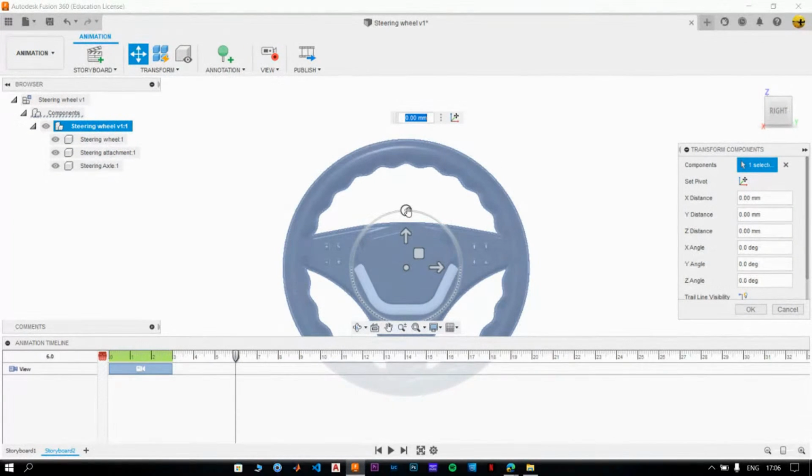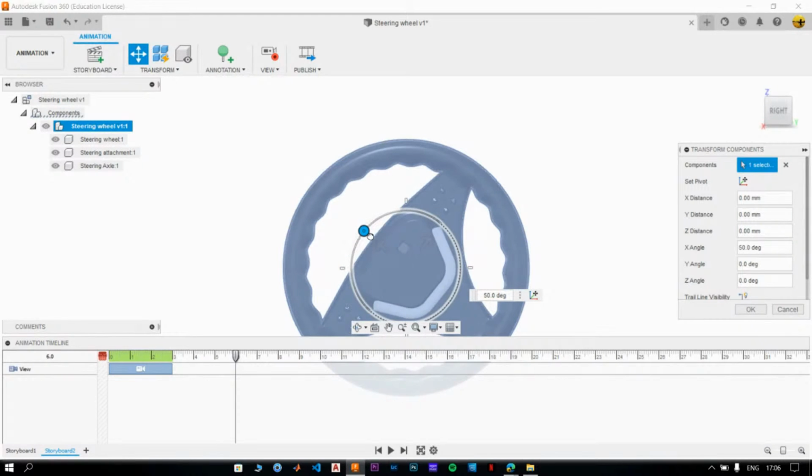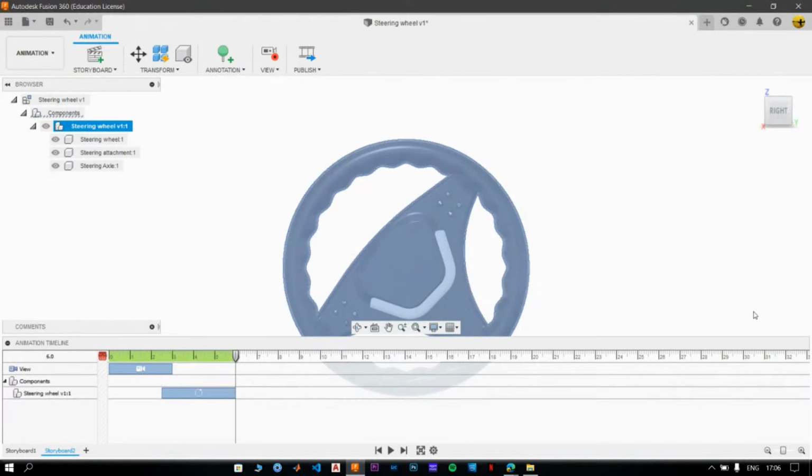Using this little circle and the button over here, I can just simply rotate it anti-clockwise, maybe around 45 degrees. So as you can see, I've rotated it 45 degrees in the anti-clockwise direction. And once done, I can click on OK. And as you can see, the steering wheel component is rotated, and the transformation is seen over here in the animation timeline. So instead of 3 to 6 seconds, it is somewhat happening from 2.5 seconds to 6